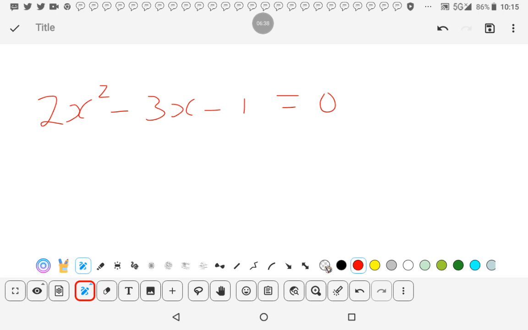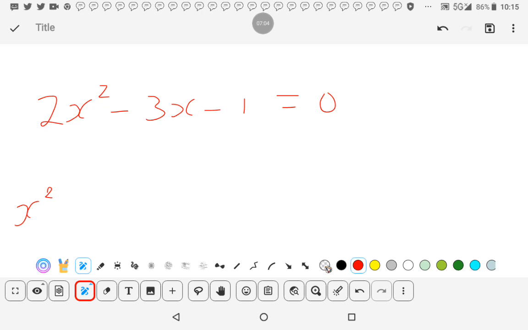If you want to solve it by factorization, you know that you have to multiply the constant with the coefficient of x squared and also look at the common factors, all that. But assuming that you don't want to solve by factorization, you want to use another method of solving, then you can make use of the general form, which is this formula: